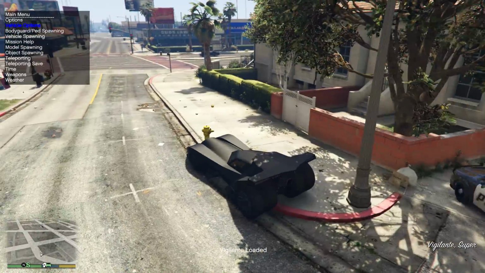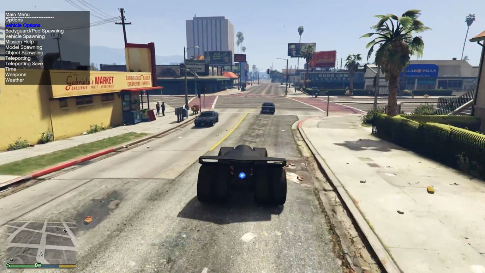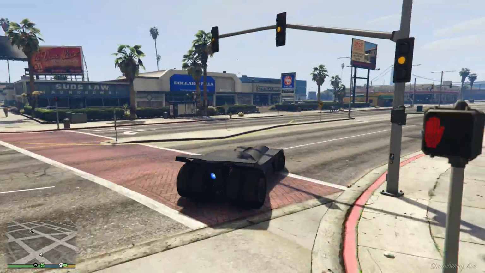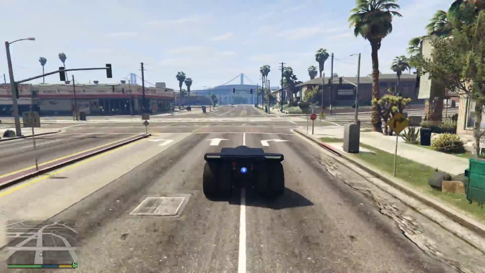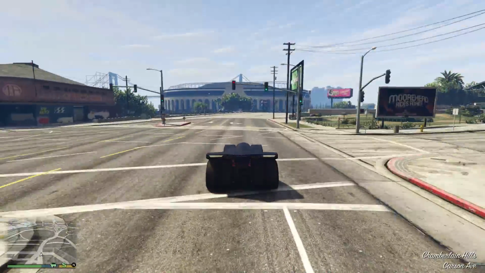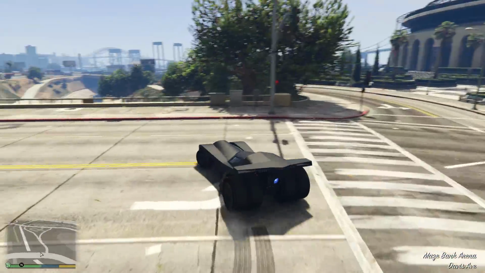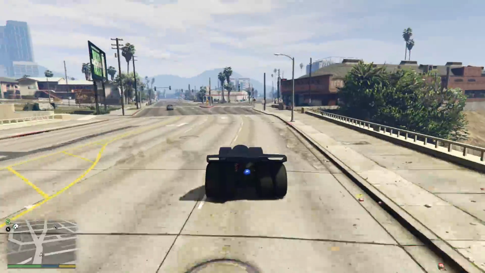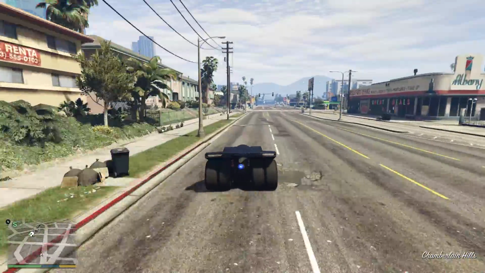Now, at the moment the Vigilante doesn't seem to have a maker. It's just called Vigilante, so it's not made by any specific in-game manufacturer. And this thing is the Batmobile. It is a Batmobile in GTA, and this kind of, to me, signifies how far GTA has come. It doesn't feel like GTA anymore when we get things like this, but it is a very, very interesting vehicle,